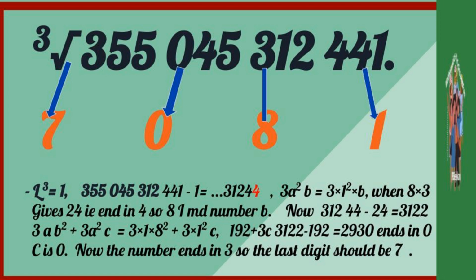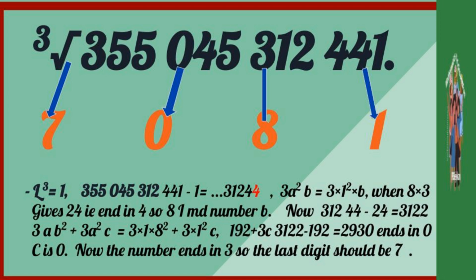So 8 threes are 24. So 8 is the middle digit and we will deduct 24 from the original number ending in 44. So naturally the number now ends after deduction in